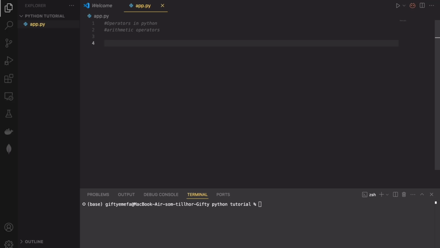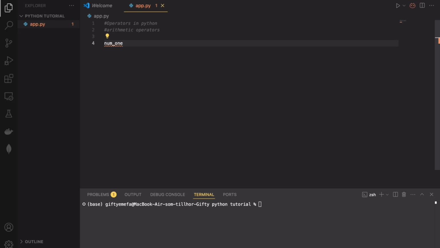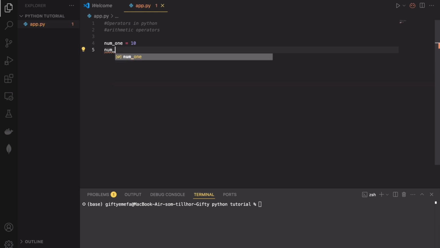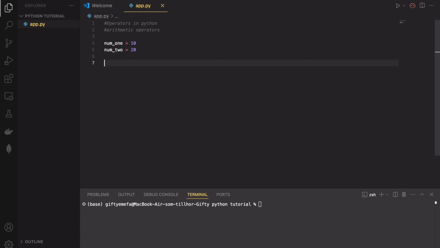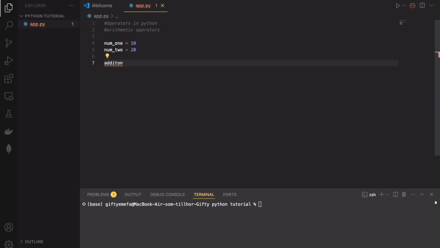So let's start with creating a variable. Let's say num1 is equal to, should we say 10? And then num2 should just be the double of num1. We would want to use the addition operator on them. How do we do that? We just create another variable and call it addition. Addition is equal to num1 plus